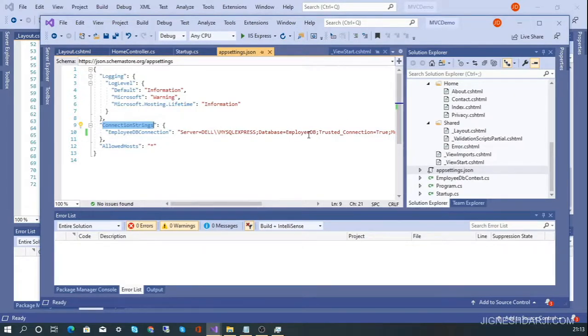Okay, after that we need to import some NuGet packages, because the Core MVC framework depends on most of its libraries coming from NuGet packages. Most of the core libraries are shared, so they are not already imported in the project. We need to import those libraries using NuGet packages. To work with Entity Framework, we need to import some NuGet packages inside the project.